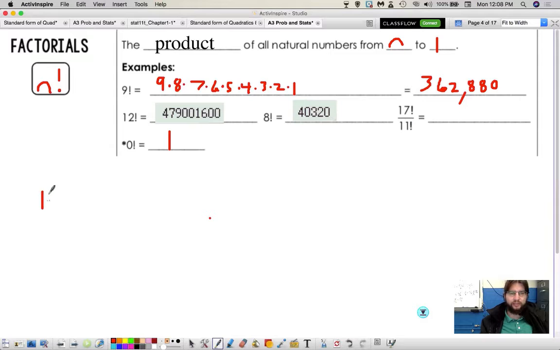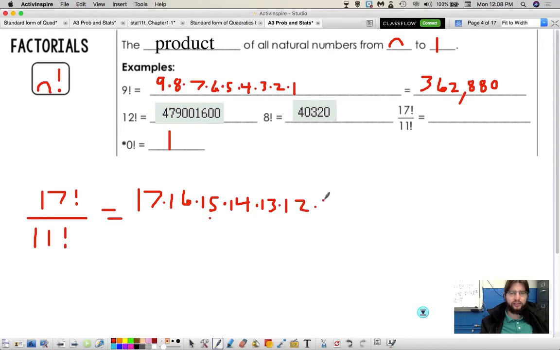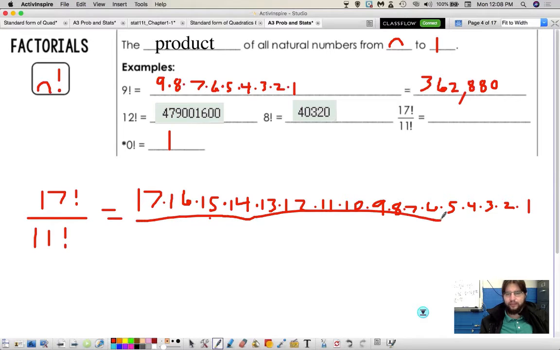I'm gonna do it over here. 17 factorial divided by 11 factorial. So I know that's 17 times 16 times 15, and yes, you could just do this in the calculator, times 14 times 13 times 12 times 11 times 10 times 9 times 8 times 7 times 6 times 5 times 4 times 3 times 2 times 1, over